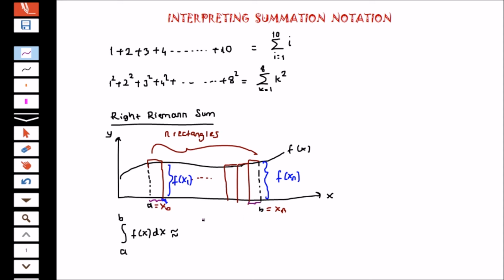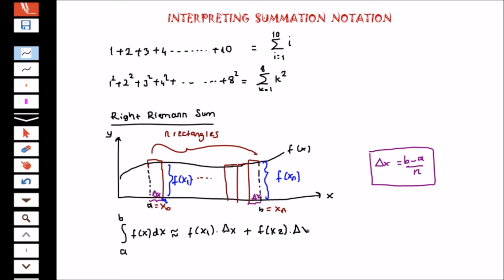I have n rectangles and I divided b minus a into n pieces. So delta x is here, the base of the rectangle. Delta x is b minus a over n. This is important. Now we can write the values of the right Riemann sum. Okay, the first rectangle will be f of x1 times delta x. The second rectangle's area will be f of x2 times delta x, till f of xn